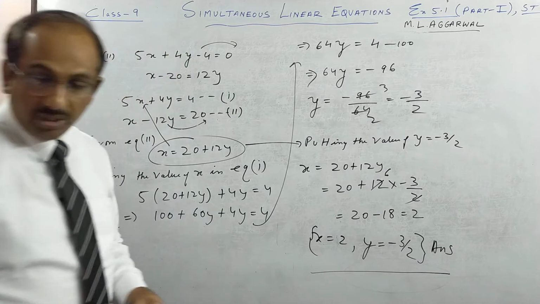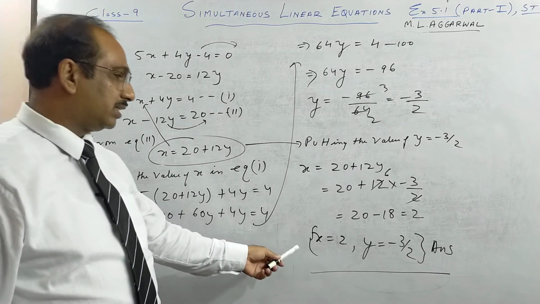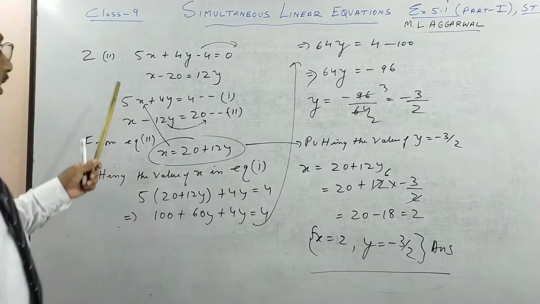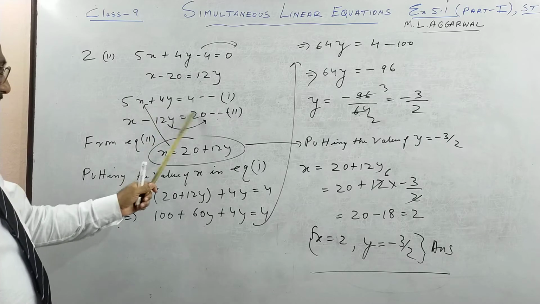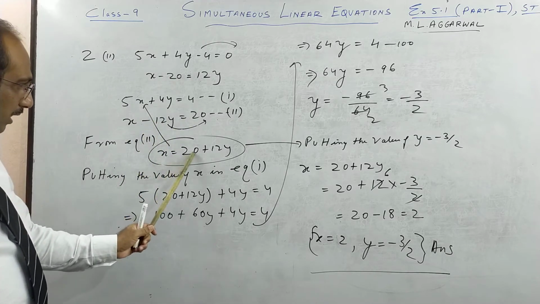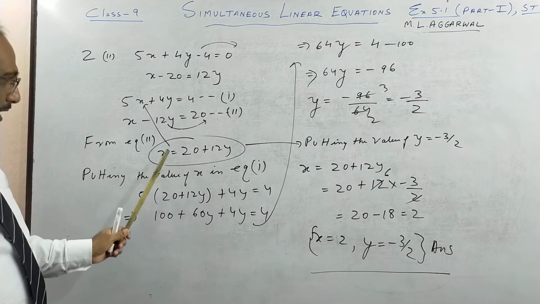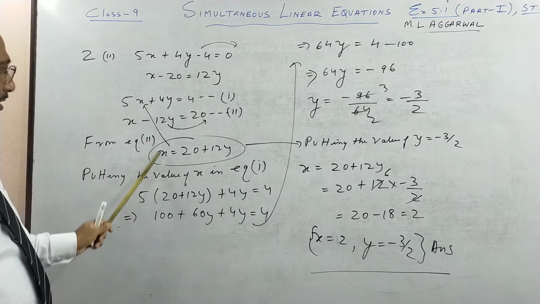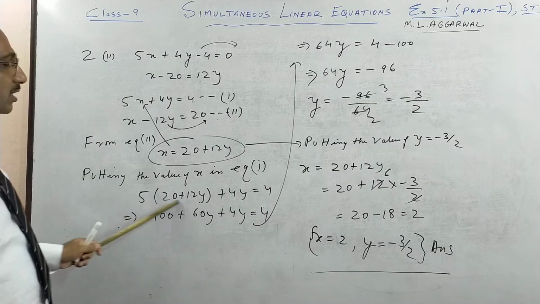So please write it in a middle bracket, which is also called braces, and it will be easier for the examiner to see a value. So once more, see, any one equation we take, like first we write in little standard form, x, y, number, something minus I take to that side from equation 2. So we get x is equal to this value of x. Since we have got it from equation 2, we put it in equation 1. So 5x, in place of x we write in terms of y. This is what substitution is.